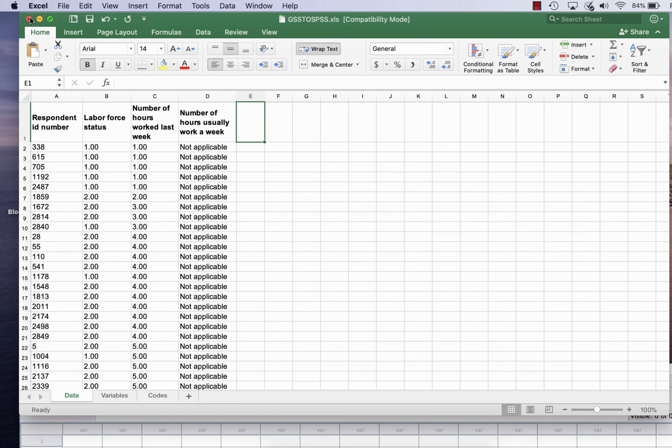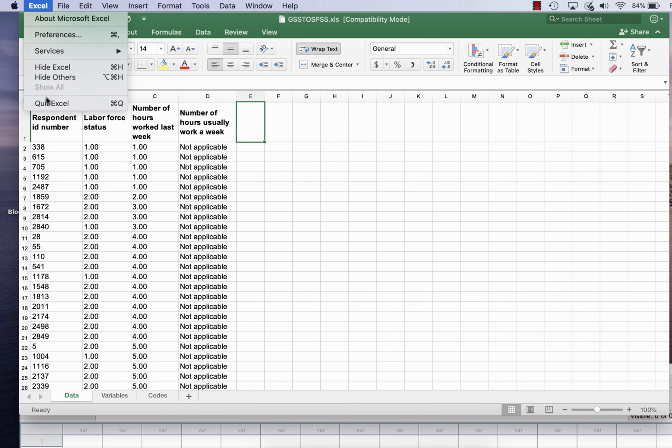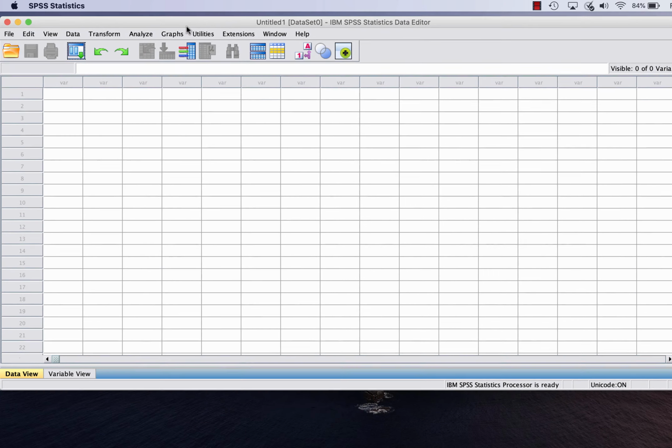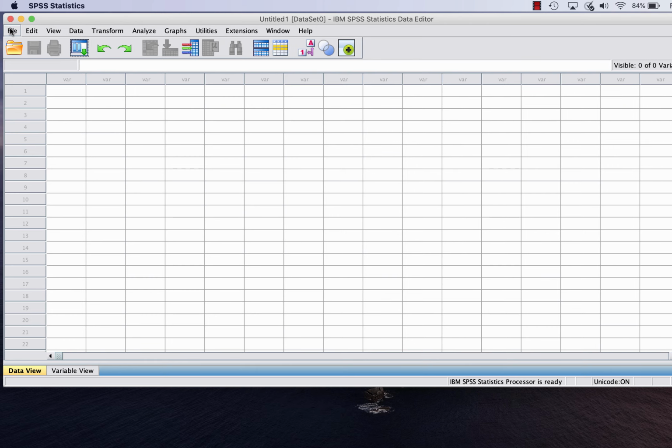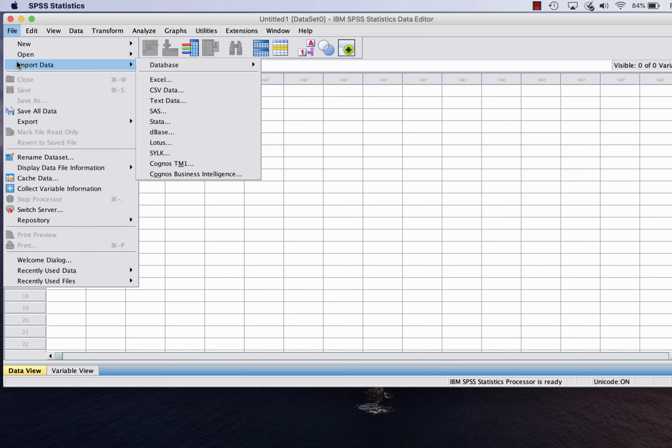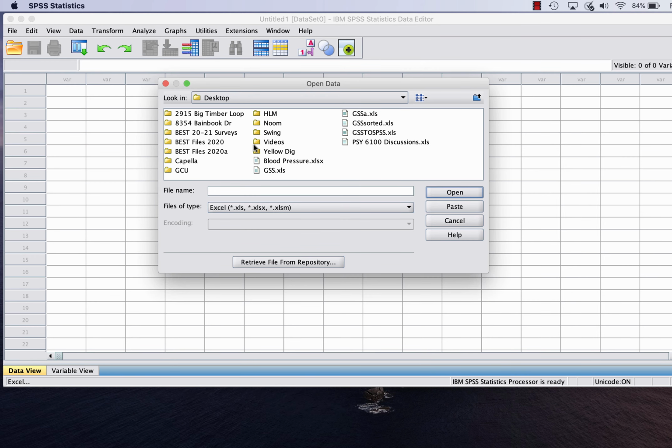Now, in order to transfer Excel data into SPSS, the Excel spreadsheet has to be closed. So I'm going to quit Excel, and I'm going to bring up my SPSS spreadsheet. Now, this is a pretty simple process now. You go to File, Import Data. You could actually go to Open Data, but we'll do it this way. And then we find our, this is the file I use, so I select the highlight and select the file,